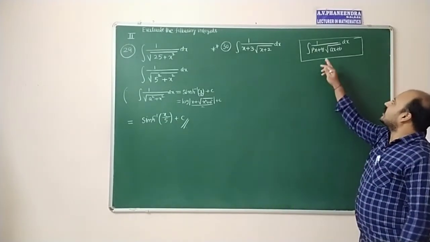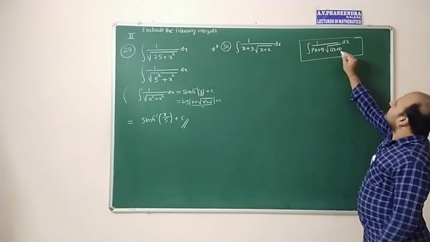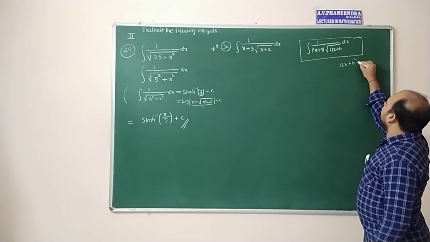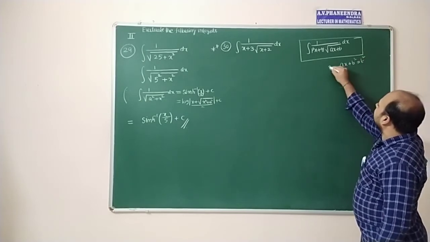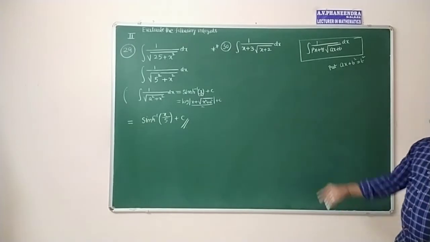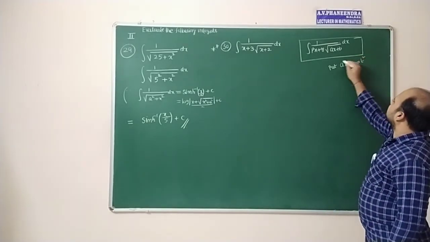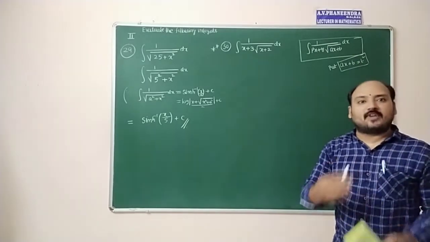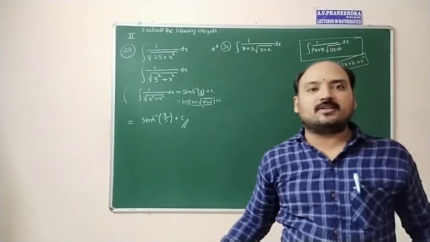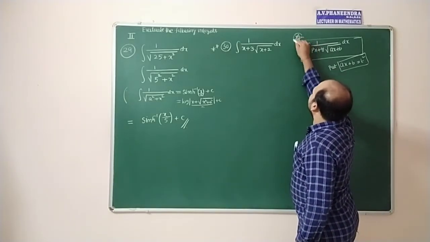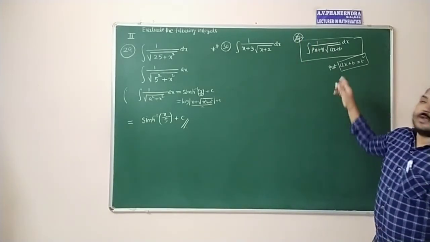Whenever the given integral is in this form, the under root value you can assume as t square and then proceed. Under root value, you have to assume that ax plus b equals t square. After that you can proceed. Convert x in terms of t and then integrate. This is the procedure. This is the hint. To evaluate these types of problems, this is the way you have to take it.